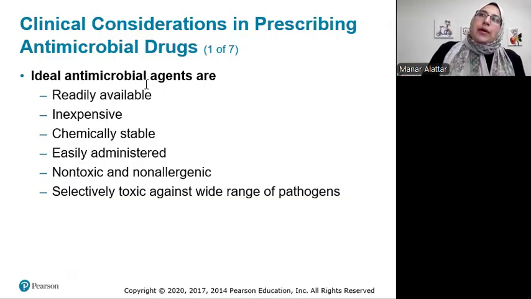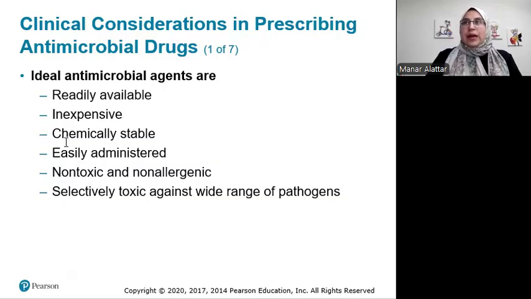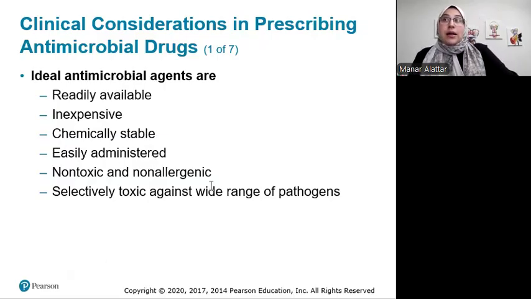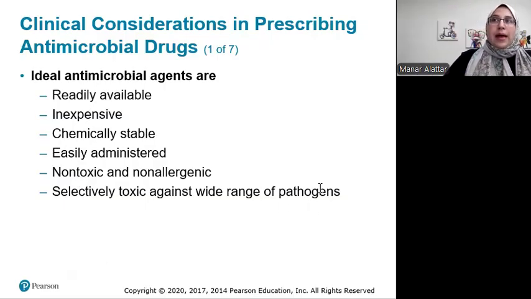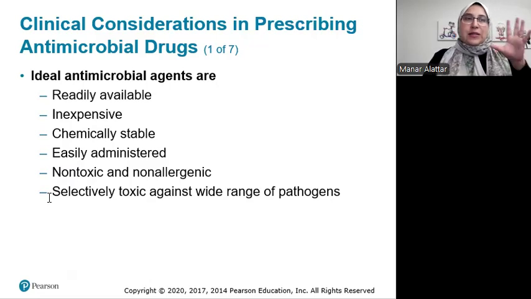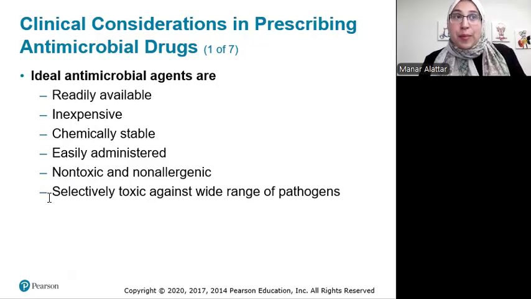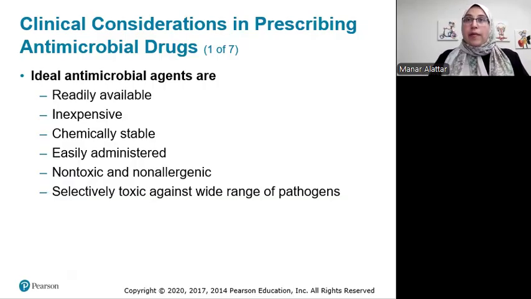So the ideal antimicrobial agents tend to have all of these characteristics that you see here: readily available, inexpensive and accessible, chemically stable, easily administered, non-toxic and non-allergenic. So that gets back to selective toxicity, which we talked about, and also selectively toxic to the pathogen and not the microbiome, which is not necessarily stressed in your book, but that's really important because having a healthy microbiome, as we already know from our previous discussions, is an important part of having a strong immune